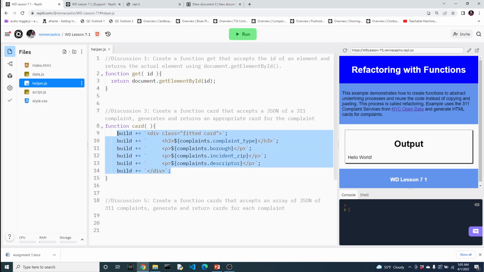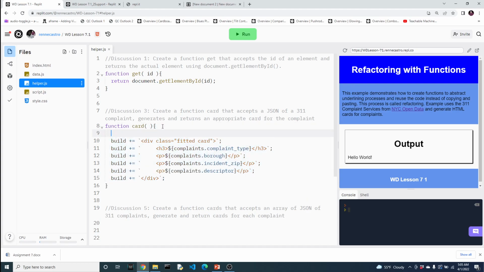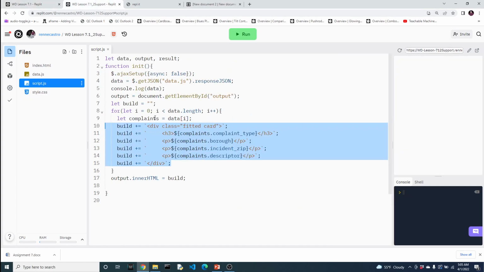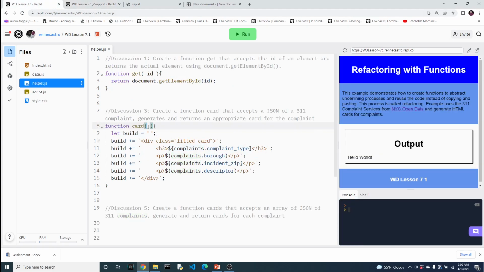Still a little cleaning up. Let's create that variable build. All right, so as you can see here, in order for this function to do its job, it needs that JSON that we had in the previous example, which was pulled from the data array. But the function shouldn't really care where the JSON is coming from. So we're simply going to write this,